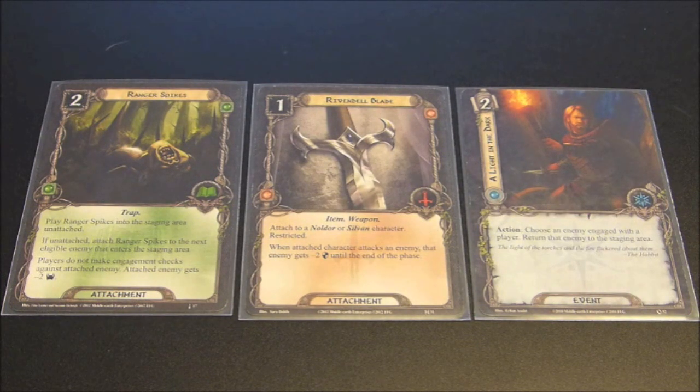either attack the troll and kill it, or perhaps you want to bounce the troll back to the staging area and kill the Marshland Outlaws to get rid of them so you don't have to worry about their effect. So whether you're playing Lore or Tactics or Spirit, you have some options for dealing with this particularly tricky card,